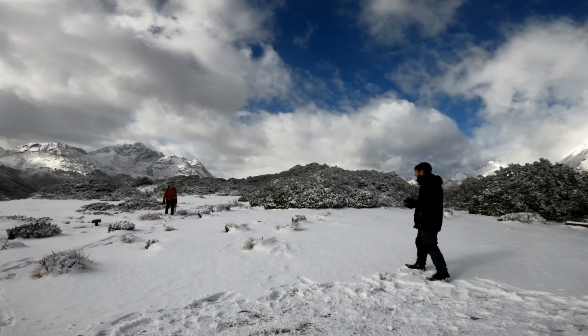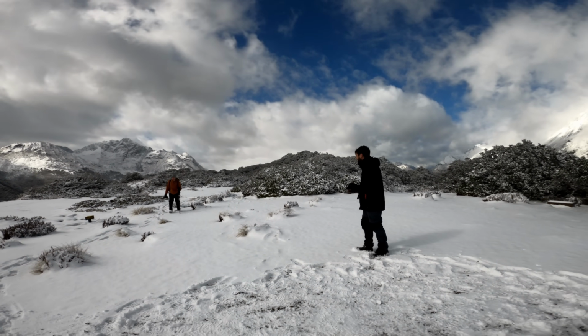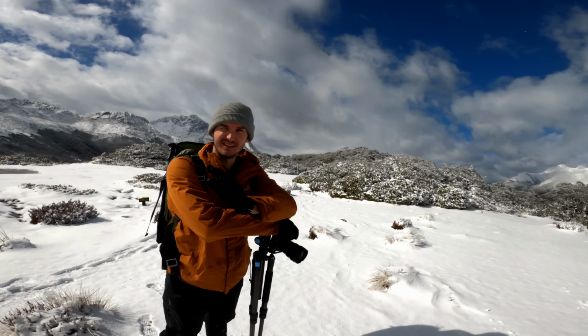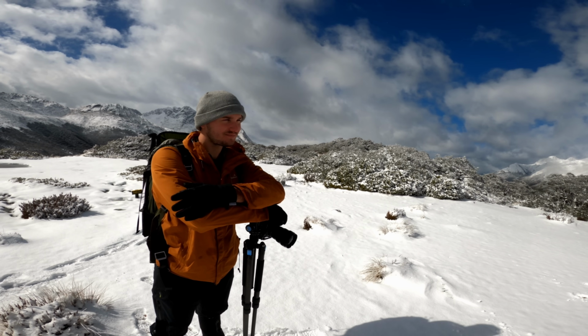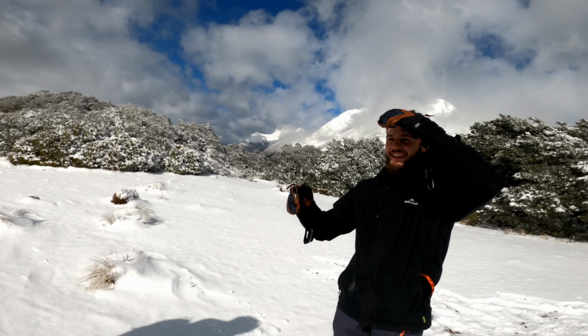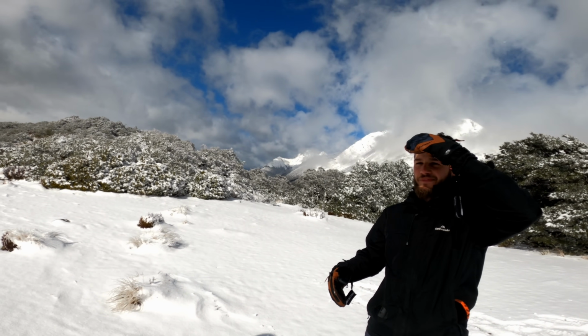I've never seen such an incredible combination of conditions between snow, light, atmosphere, mountains, subject, forest, everything, all in one location. Yeah, and the company. Trying to keep relatively calm as to